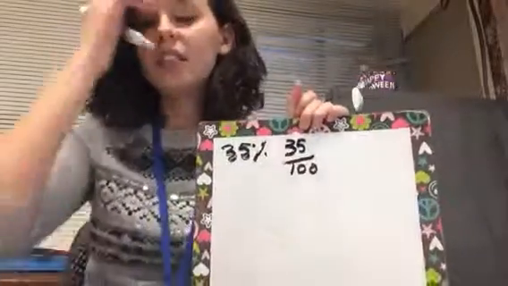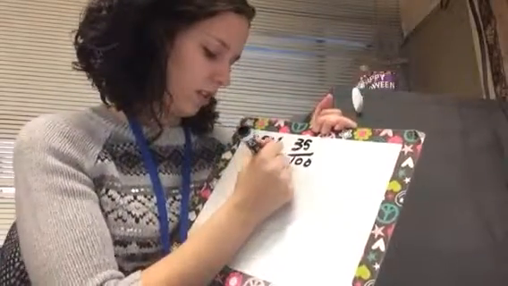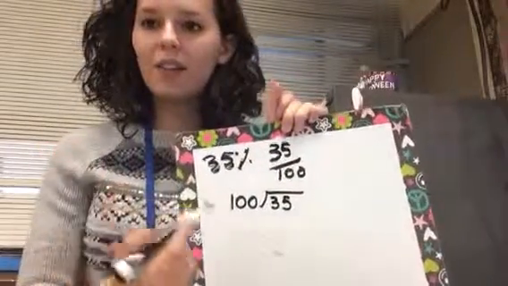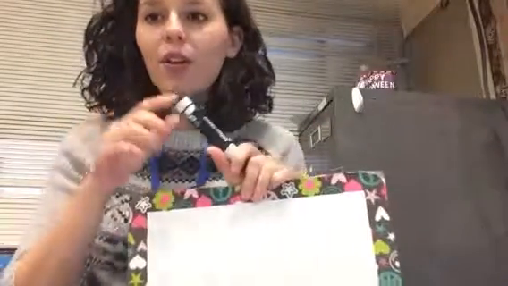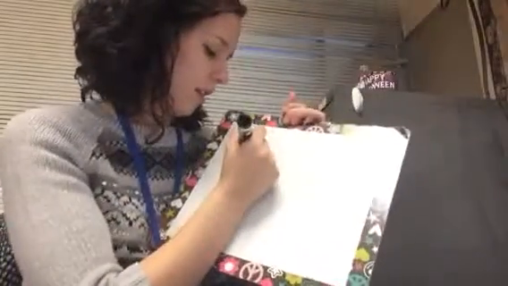The next thing we can do, well actually we could take this fraction and change it to a decimal. We would just need to use long division. And that would give us our decimal. Okay, so we can go from fraction to percent to decimal, but if we are going from decimal to percent,